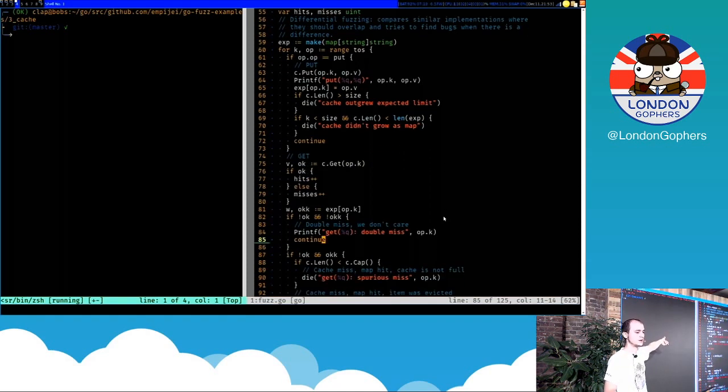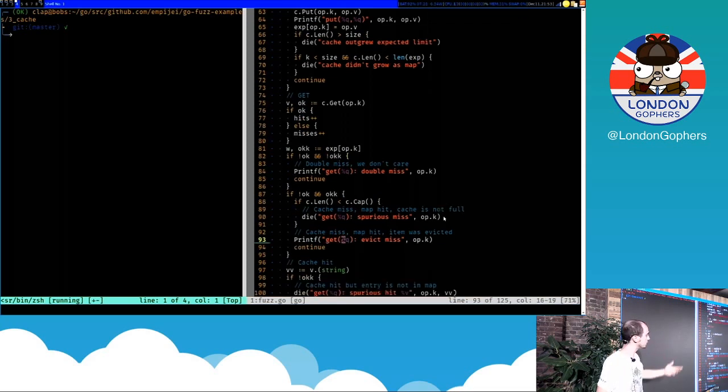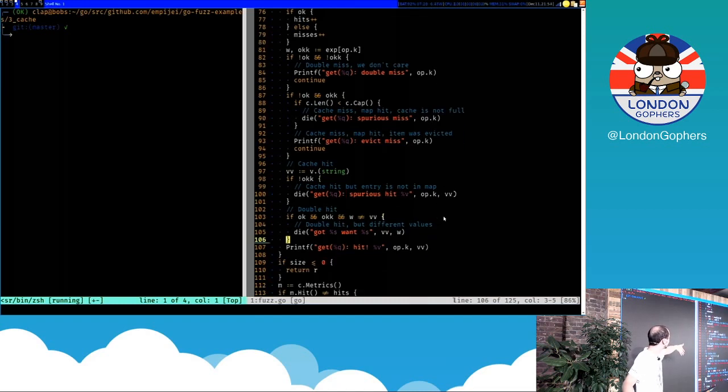If something was in the map and was not in my cache, and my cache was not full, that wasn't due to eviction, that meant my cache did something wrong. And so on. So I assumed the Go map implementation was correct. That wasn't true for the HTTP package, so be careful about what you differentiate on. And then I just used the cache and the map, and I decided to assert a lot. If you see, this die is just a decorator for a panic, and I do it a lot. Any assertion that fails makes me panic.